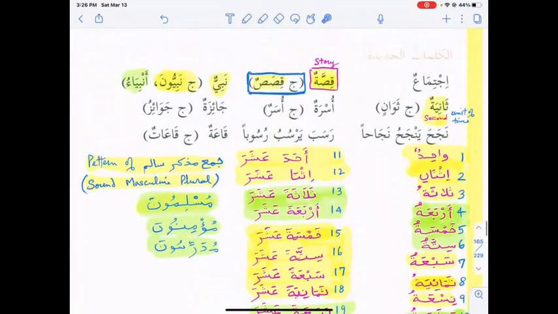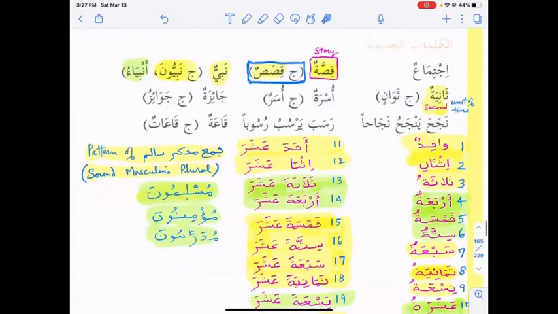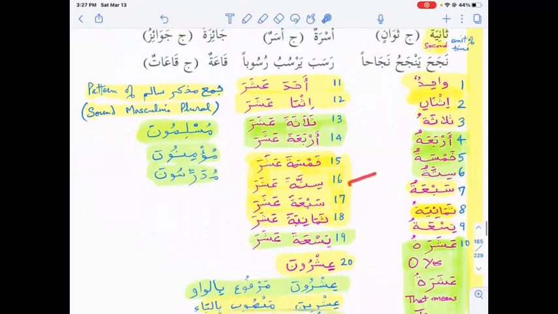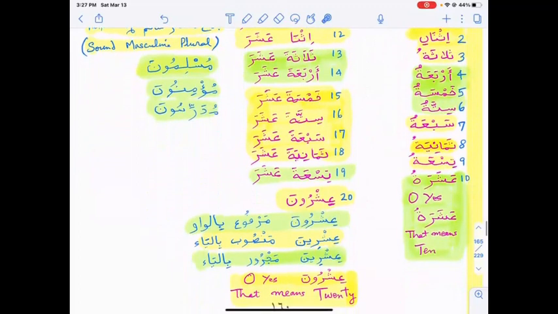Okay, and then Ihda ashara, Isna ashara, Salasata ashara, Arbata ashara, Khamsata ashara, Sittata ashara, Sabata ashara, Samaniyata ashara, Tiswata ashara,